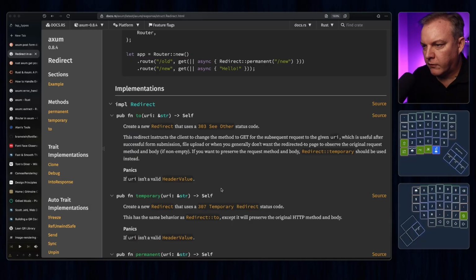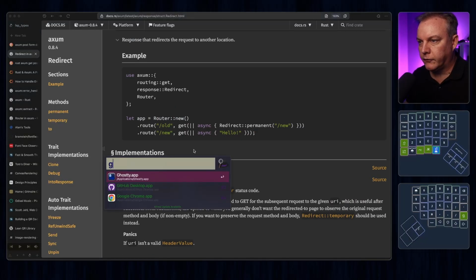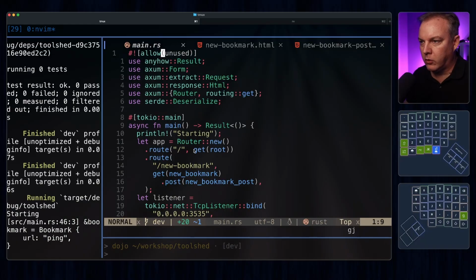This redirect instructs the client to change the method to GET for the subsequent request to the given URI, which is useful after successful form submission. Got it. Generally we don't want the redirected-to page to observe the original request method body. Perfect. That's exactly what we want. If you want to preserve the request, use temporary instead. Okay. So exactly what we want. So here we want to do